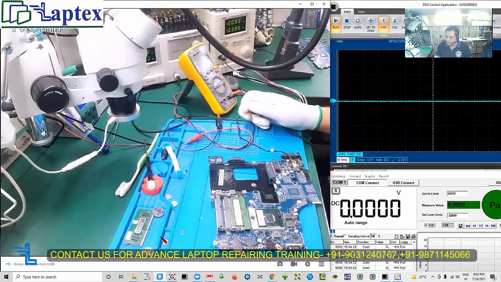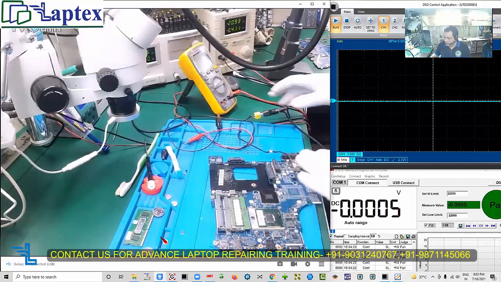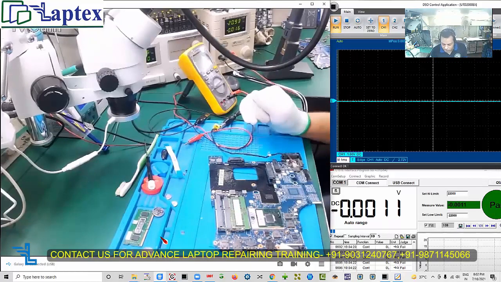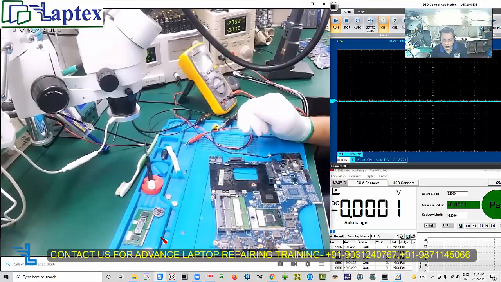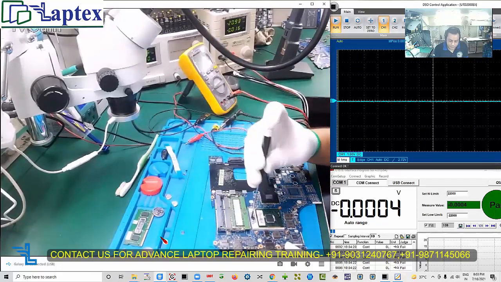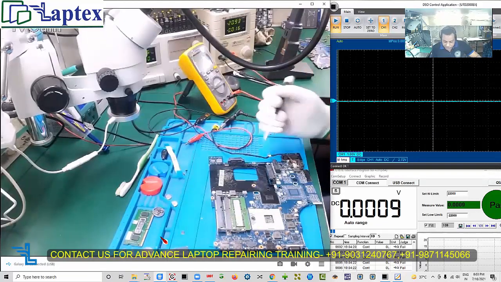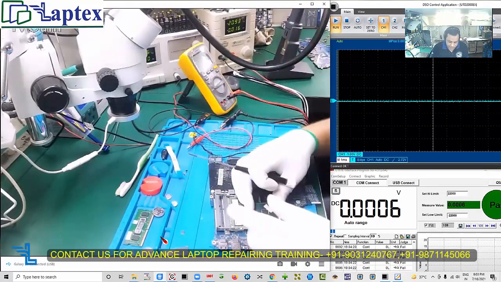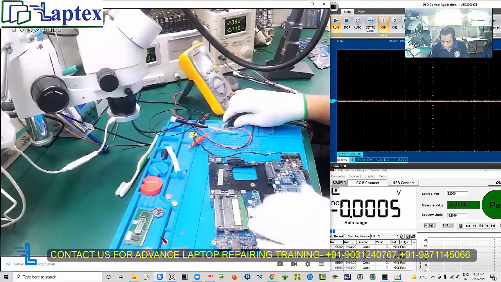It is turned on, but still I think the PCH is not safe, as it was getting hot too much. Voltages are okay. Display has not come. Once I change the processor and check the voltage, the remaining thing you know better: it was heating up too much, and that might be faulty. I will give an estimate to my customer that I need to replace the PCH, and the PCH number is SLJ8C, that is the HM76. Once I check with my processor,